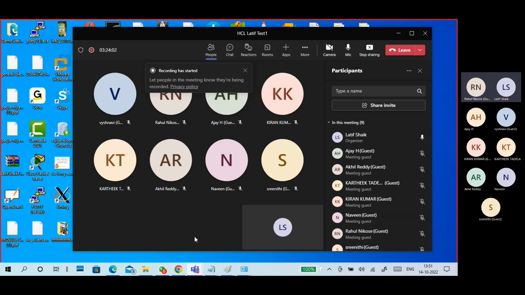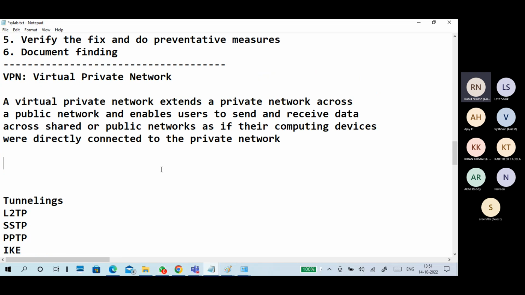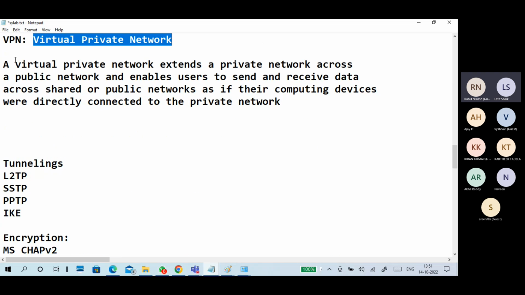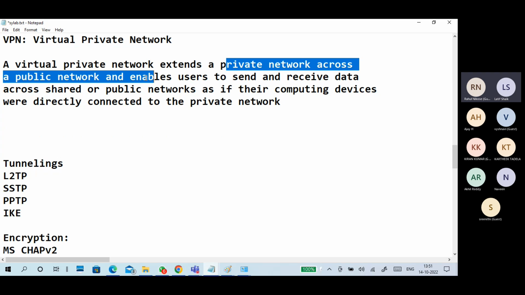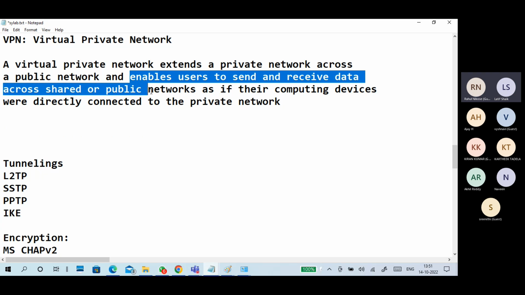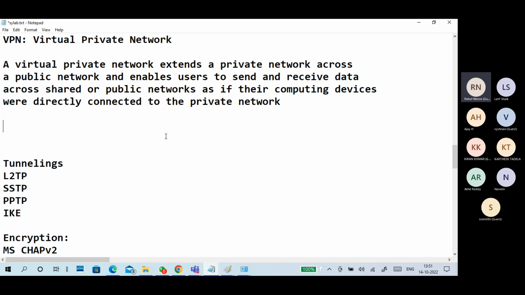So I will conclude my point here. What is a VPN? Virtual private network. Okay, it's a private network. It establishes a private network across the public network, enabling users to send and receive data over the public network just as if they were connected to the private network.